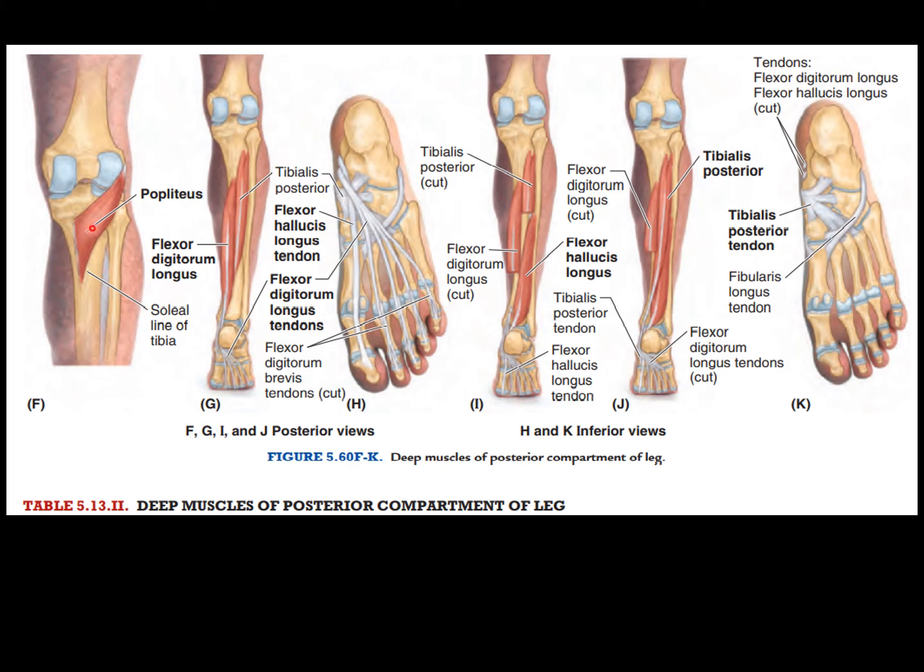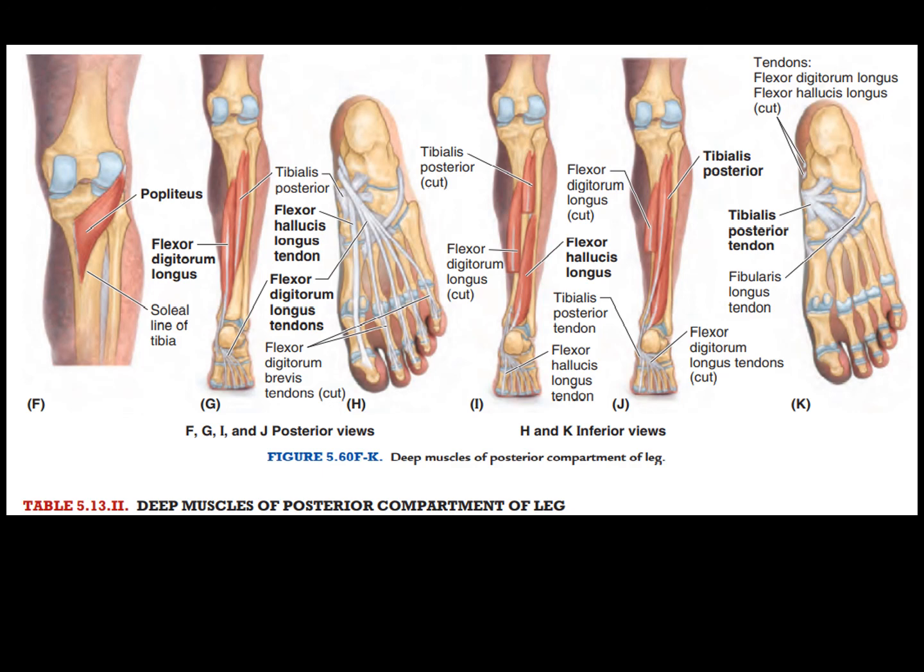Here you can see the popliteus, the deep muscle, flexor digitorum longus, as it is moving down, and then after moving down it is divided into four slips. Then we have flexor hallucis longus tendon, you can see, and the tendons are crossing each other. This is flexor hallucis longus, and in between is tibialis posterior, and this is the tibialis posterior tendon which is attached to the tuberosity of the navicular, and then it sends slips to the other bones which we have already talked about.